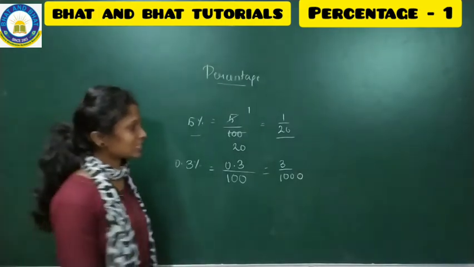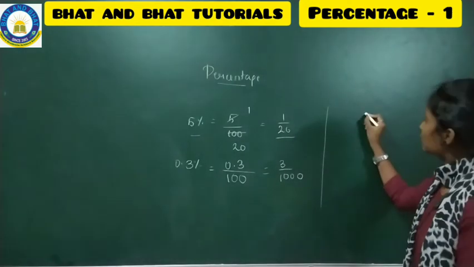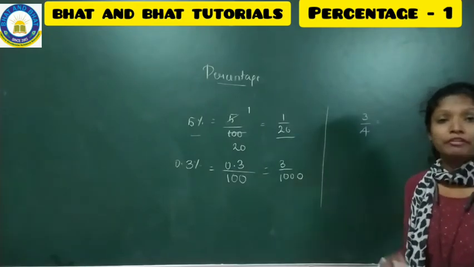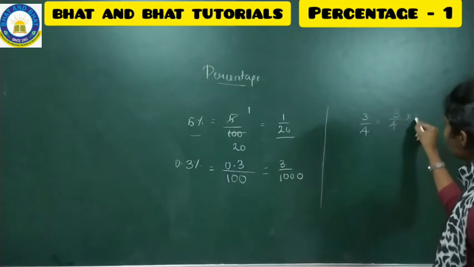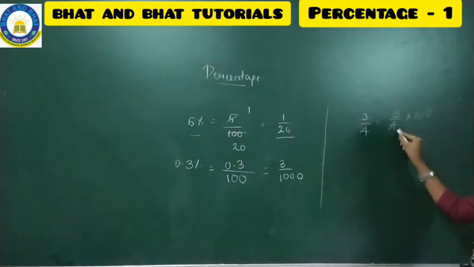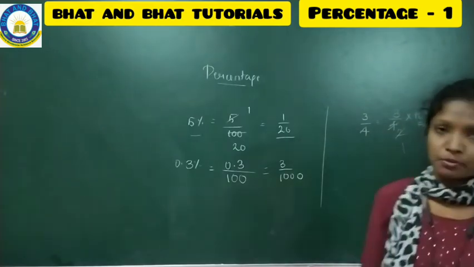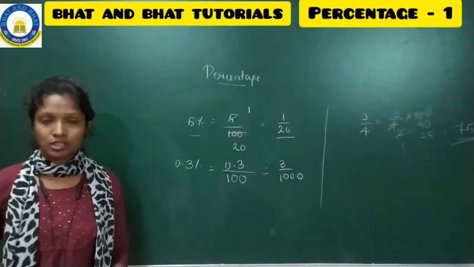But in some cases they will give you fraction numbers. Say it is 3 by 4, and you have to express 3 by 4 in the form of percentage. How will you express it? 3 by 4 into 100. You will do 4 ones are 4, 4 twos are 8, 4 fives are 20, 4 twenty-fives are 100, so 25 threes are 75. So it is 75%. So these are the basic things that come under your chapter, that is percentage.